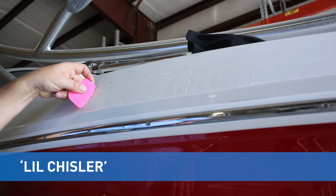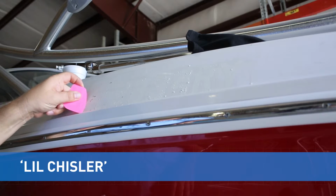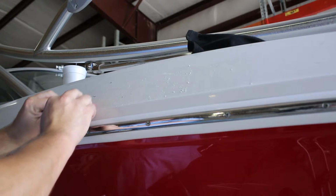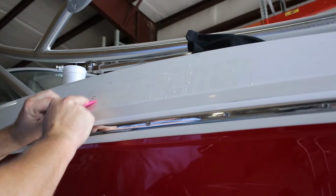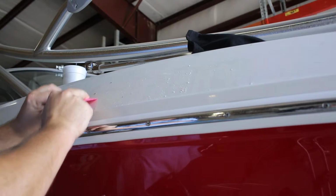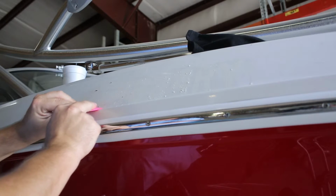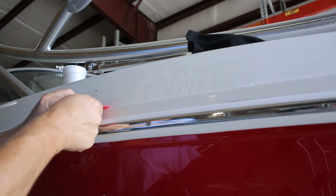Again, we're using our Lil Chisler, same thing we used to remove the vinyl. Almost a must. I would never recommend trying to remove any vinyl and adhesive from any surface without having this tool. It's similar to a plastic razor blade. The difference is it's a lot thicker so that it doesn't bend, and it just gives you a real good sharp edge that's stiff and has some structure to it,